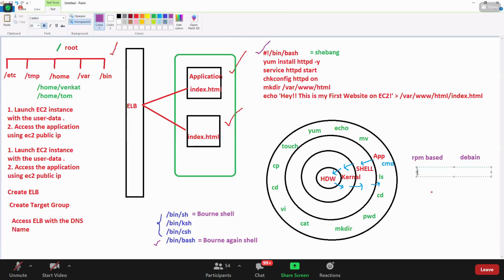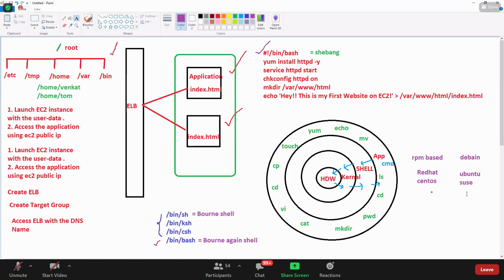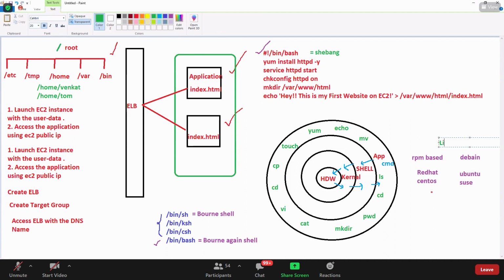In RPM, we have Red Hat, CentOS, etc. And in Debian, we have Ubuntu, SUSE, etc. You have so many.